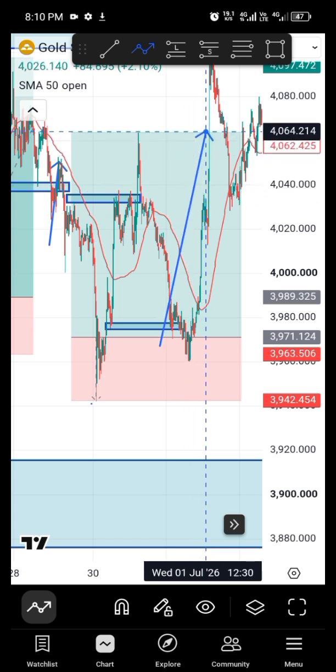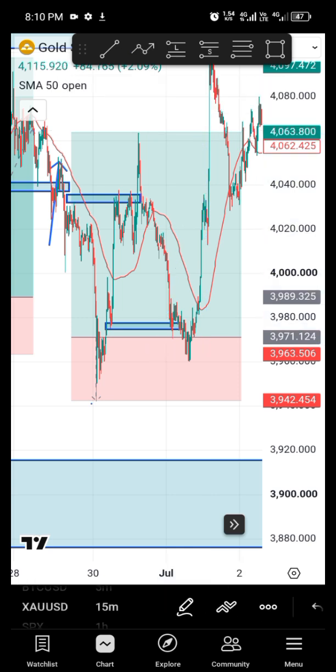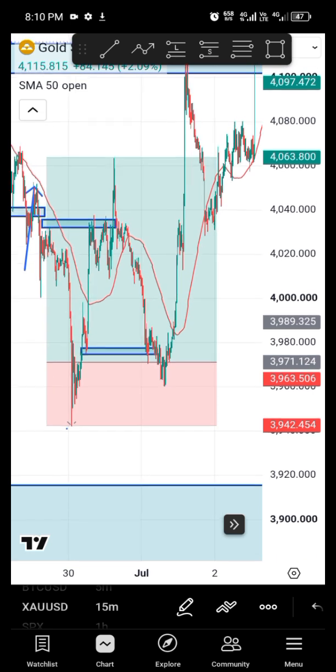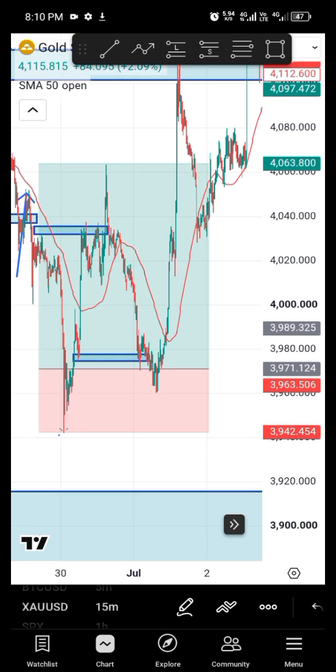I've been practicing this particular setup in my demo account because I lost my $50 account. Irrespective of the fact that I lost my real money, I won't just sit like that and start, you know, keeping myself